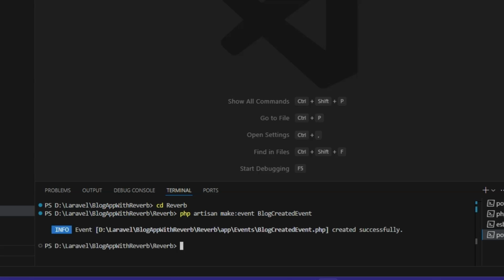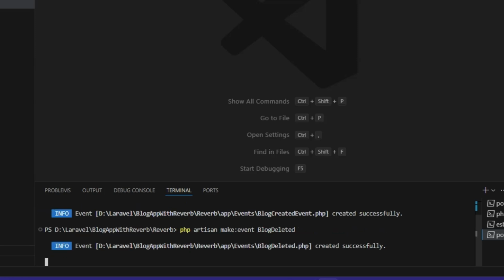Just click enter, and it will create the event for me in this Events folder. We basically need three events: when the user creates a blog it shows in real time, and also when the user updates a blog and when it is deleted. So the first event is created, the second one is BlogDeletedEvent, and the third one is BlogUpdatedEvent. Okay, like this. We just need these three events.